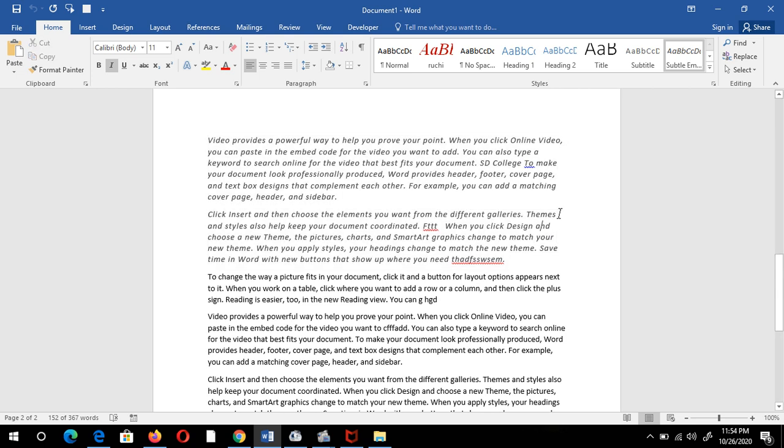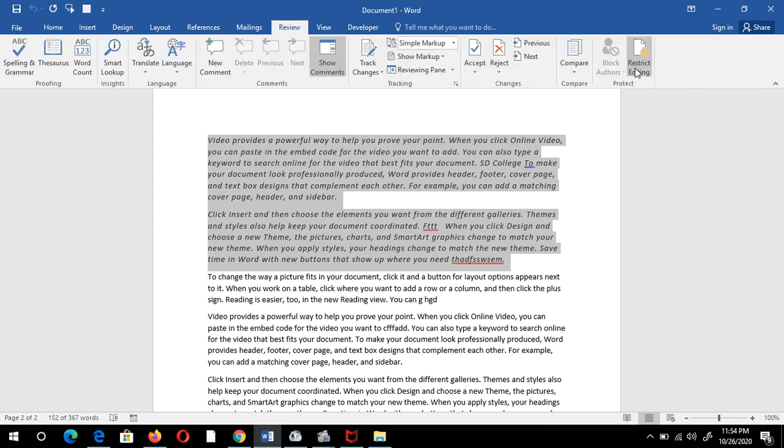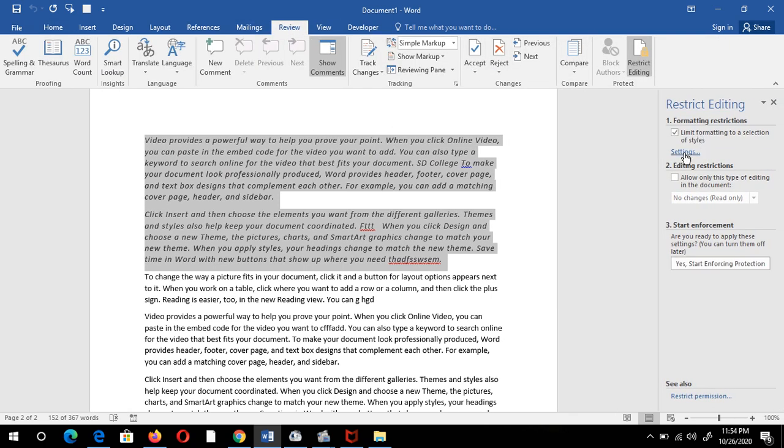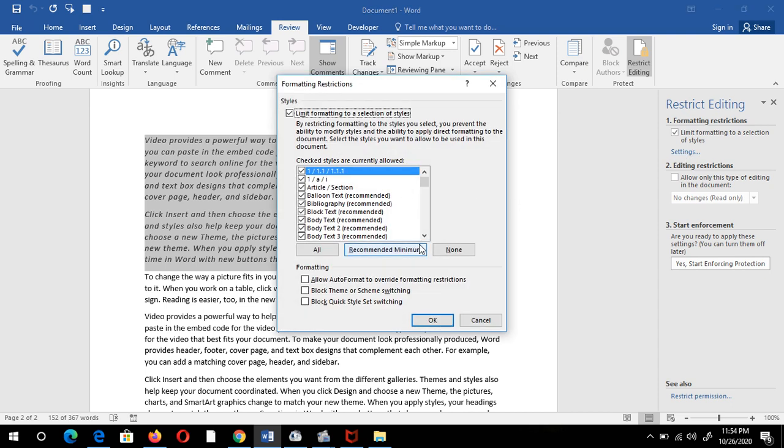Now, suppose I want something else. I want this text to be editable, but this time I want to change some settings. Suppose in the heading part, I deselect Heading 1 style and Heading 2 style.